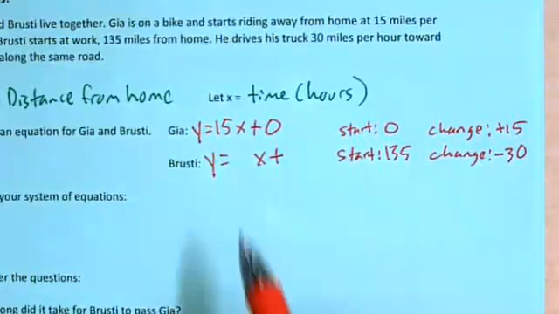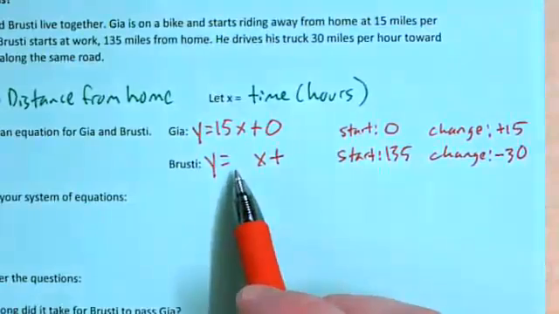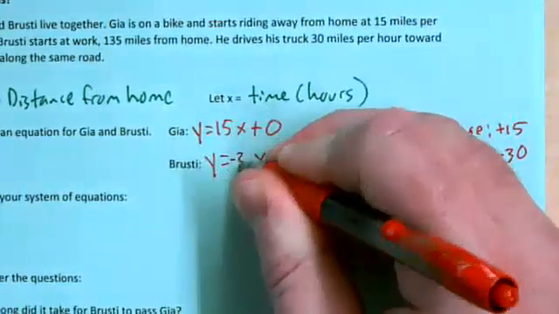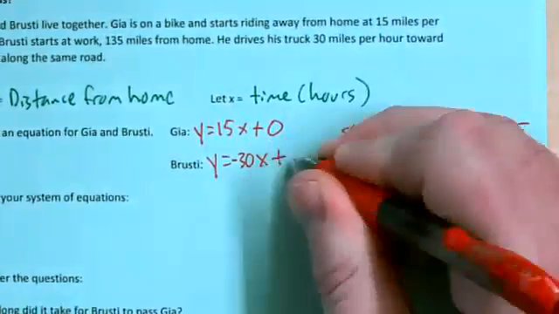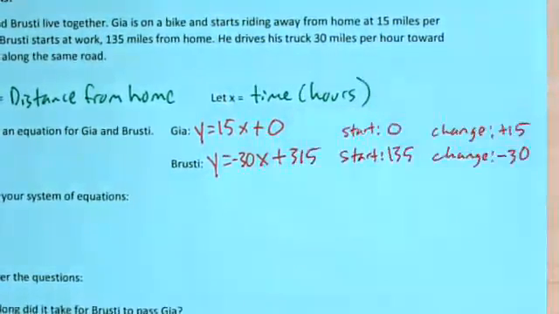Which number is going to go in front of the x for Brewsty? The negative 30. The change always goes in front of the x. The start value goes at the end. And there we go. We've got two equations. Now,